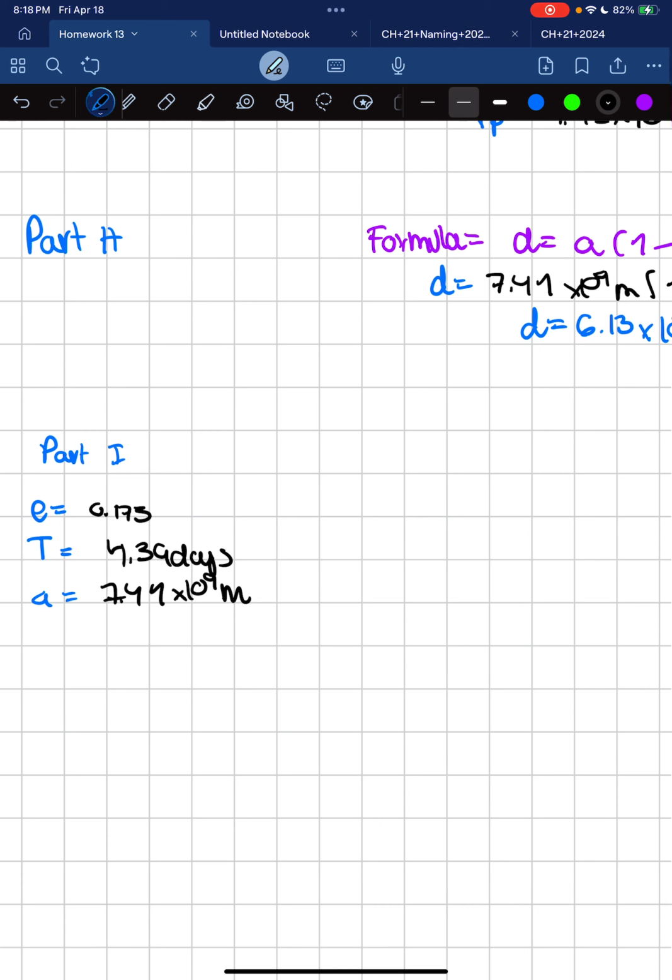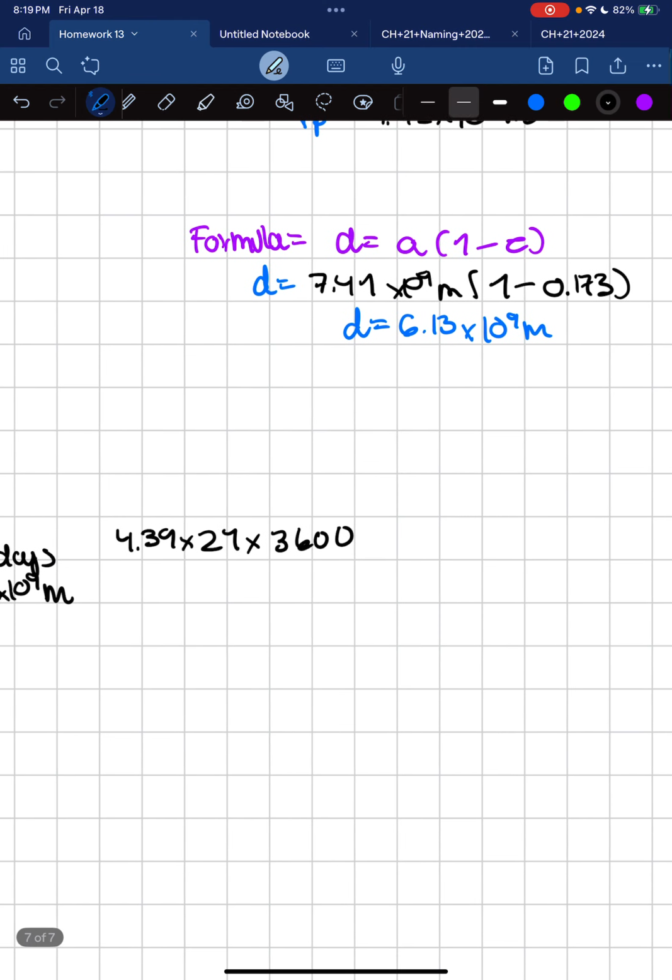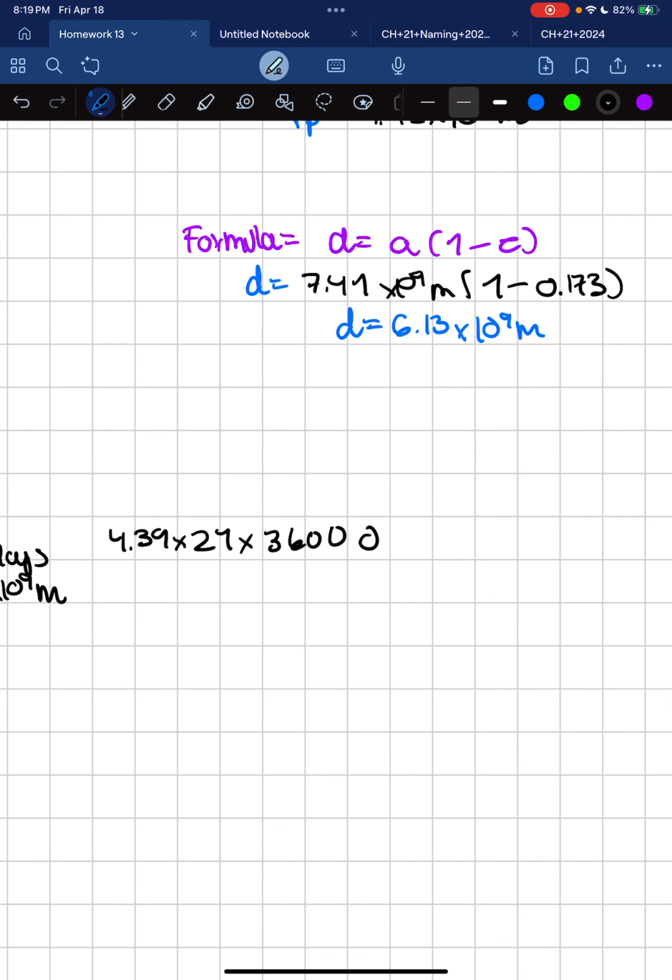So let me go ahead and do the conversion right here, which is going to be 4.39 times 24 hours times 3600. This is going to give us that this in seconds is going to be 3.794 times 10 to the 5